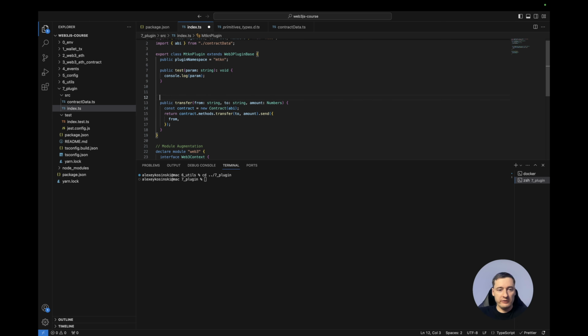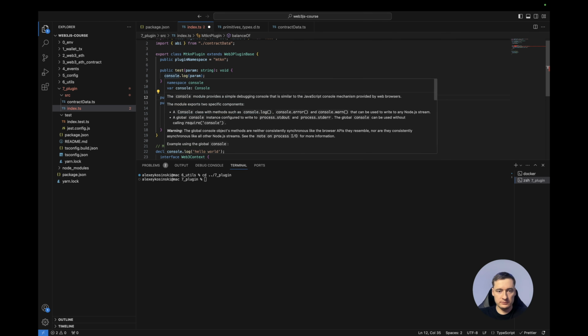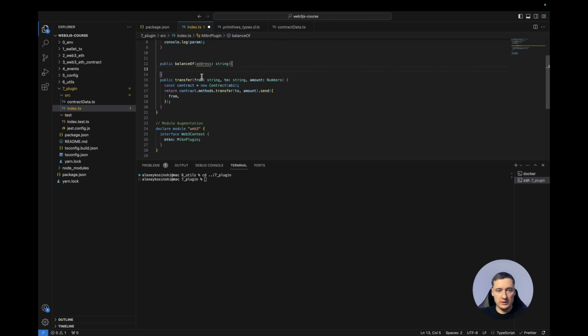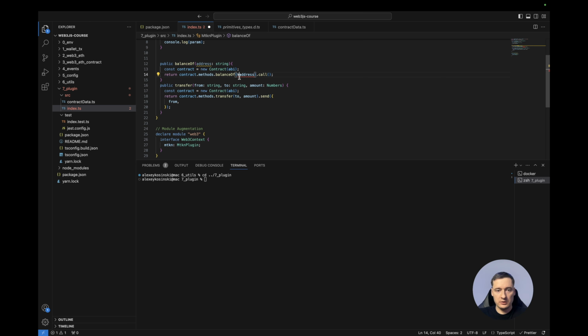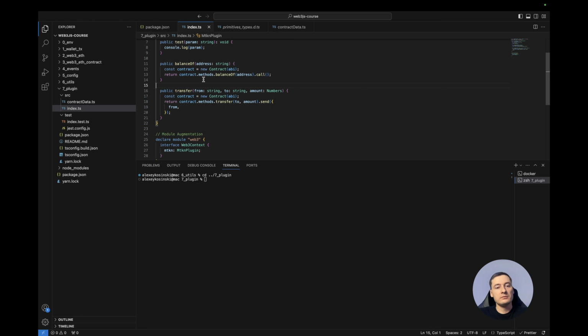And also I want to have the balance. balanceOf, address string, and the same, but the method will be balanceOf, and here we have the address, and call. Okay,